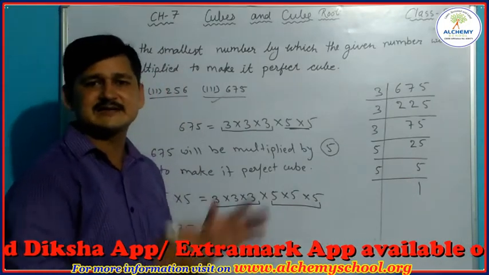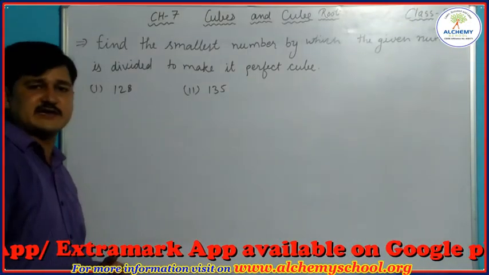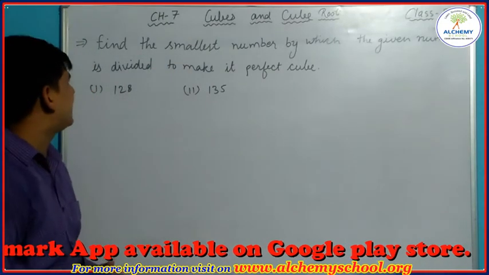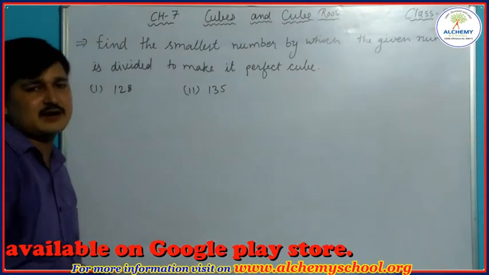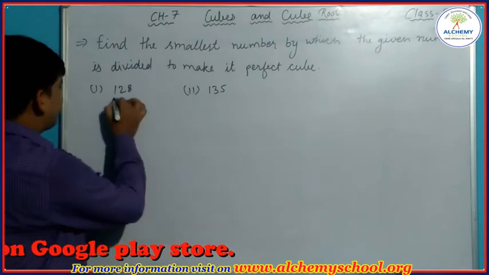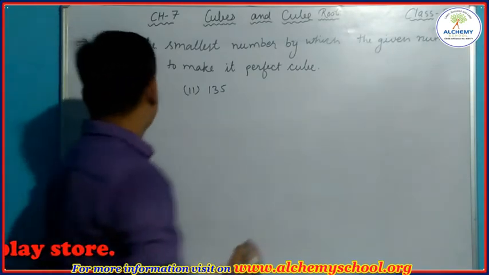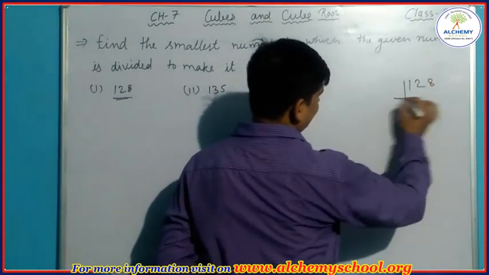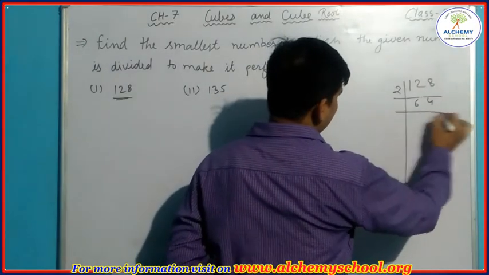Let's try to understand the next topic. Okay students, the next topic that we are going to see here is to find the smallest number by which the given number is divided to make it a perfect cube. It is similar to the previous topic. First of all, we have to find whether the given number is a perfect cube or not, and we can find it by factorizing. So when we factorize 128,